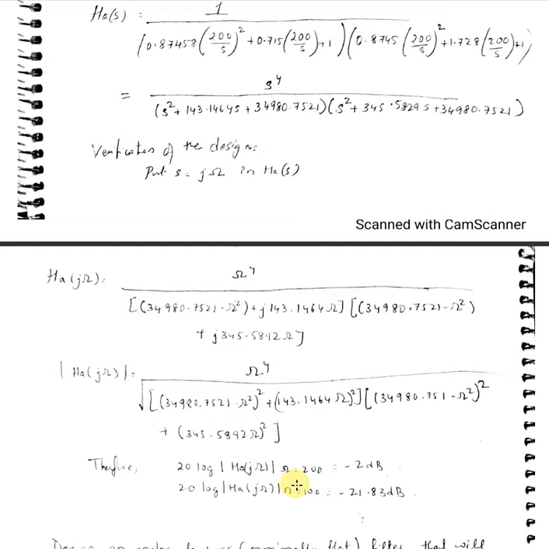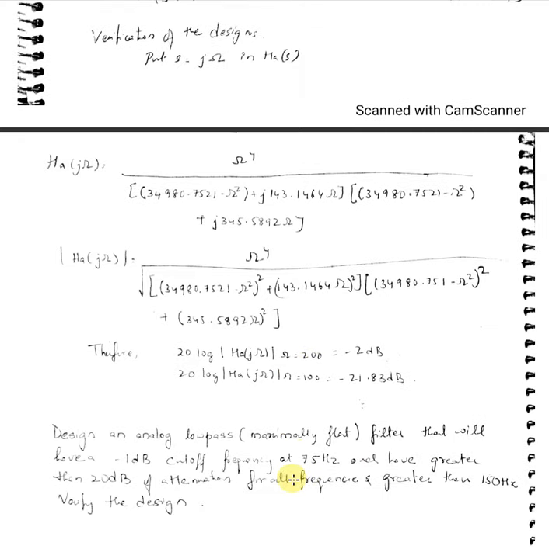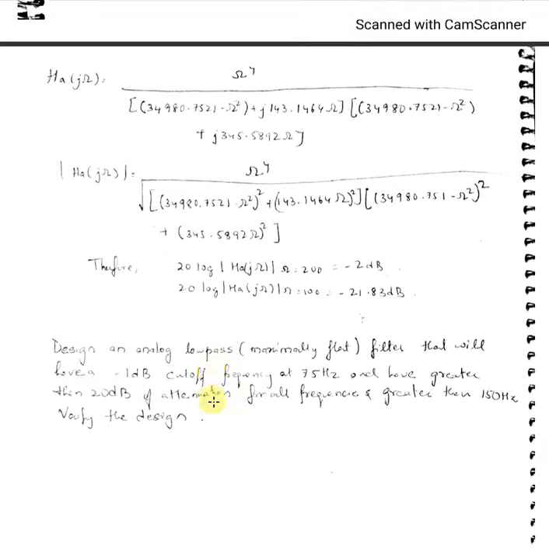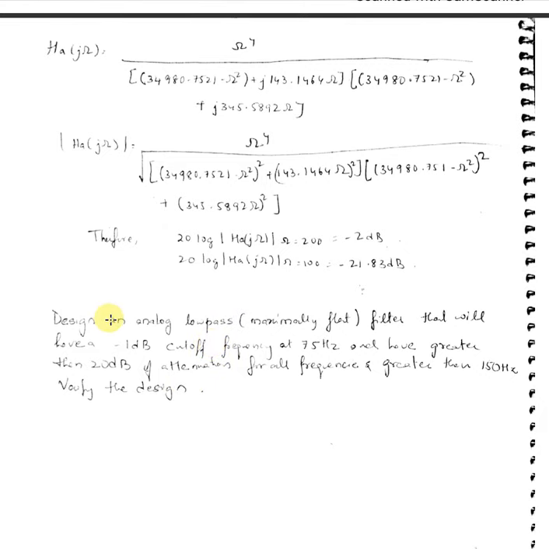Or if you have practiced well with the question, when you read it itself, you will get to know that they have given the specification for this particular filter, so we may have to do this. So here again they have given an analog low pass filter, maximally flat. Now you know that maximally flat is nothing but, as I told you while taking the Butterworth filter, the Butterworth filter is sometimes also called the maximally flat filter. So you would make use of the Butterworth filter for the design process here.